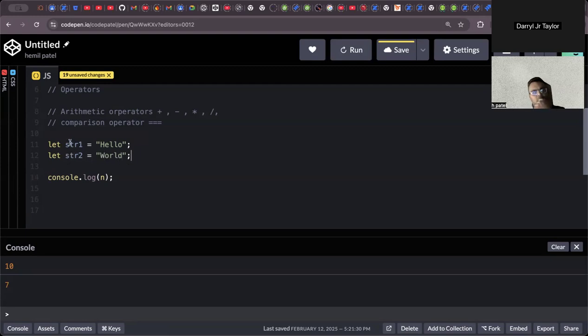If I want to add these together, because they are not numbers, you cannot really add. But what it does is create another string by concatenating them together, right? So string one plus string two will make it helloworld,